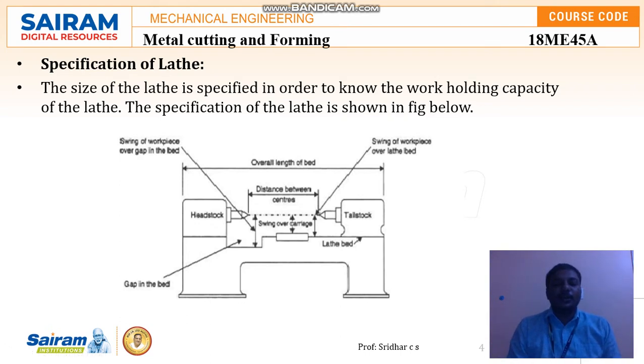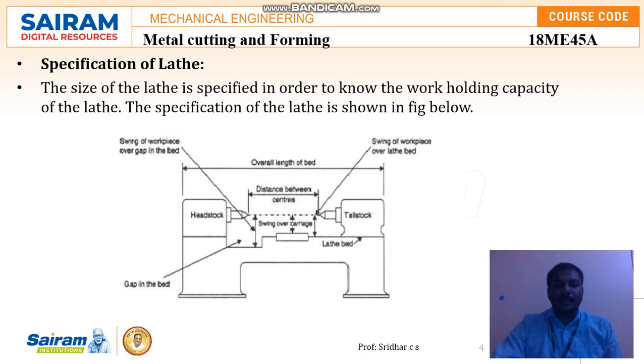So mainly, to provide the bed, we require specifications. From the tailstock, there is the swing of the workpiece over the lathe bed. What would be the swing when it is in an operating condition? What would be the swing of the workpiece? That also needs to be considered when manufacturing the lathe bed. We can also see the distance from the center line to the lathe bed, which we call the swing of the workpiece over the gap in the bed. This distance must be compulsory; some distance should be there, and it will be calculated based on the work holding capacity of the lathe machines.